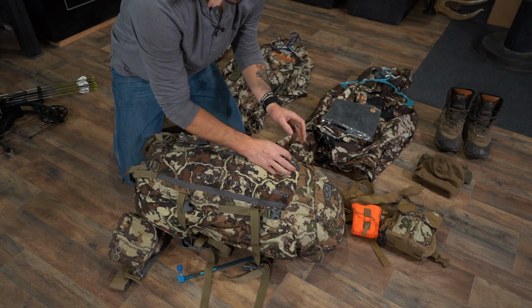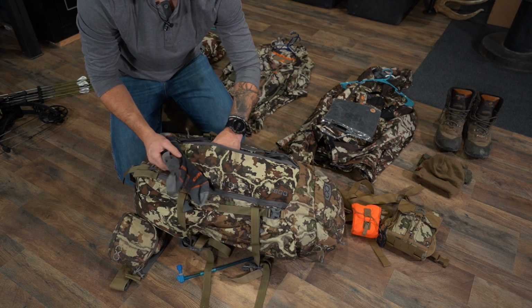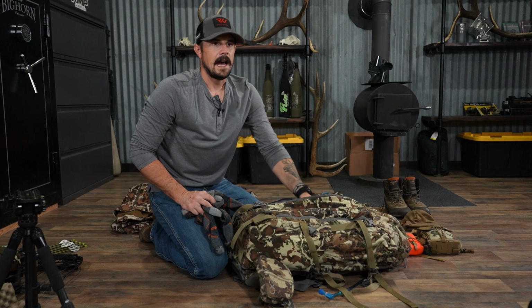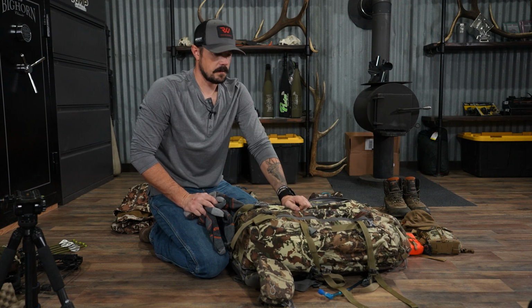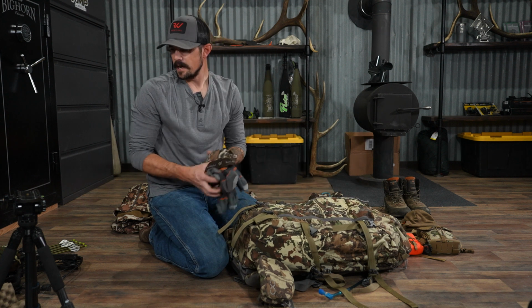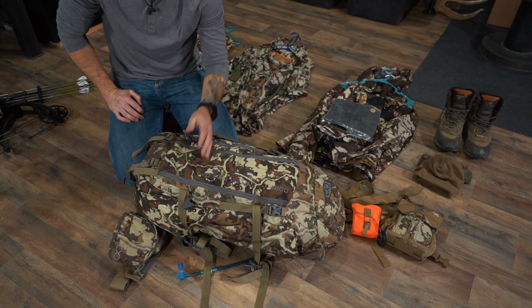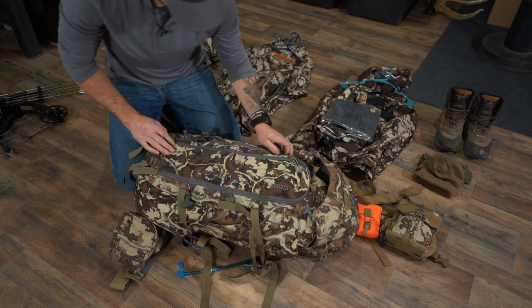All right, so in the front of my pack, my stretch zipper, I'm just carrying extra socks, extra pair of underwear. These are items after 2 to 3 days, you start to get stinky, so you freshen up. We all know what hard hunting does to your body in certain areas, so staying fresh is key for me. So that's where I keep them, just easy access when I need them. As far as inside the pack,